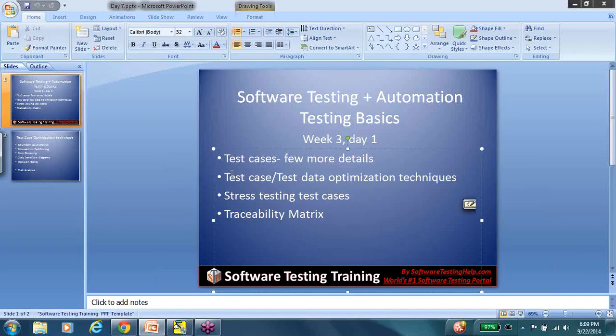So again, there are a few test data or test case optimization techniques. Now, what this really means is,